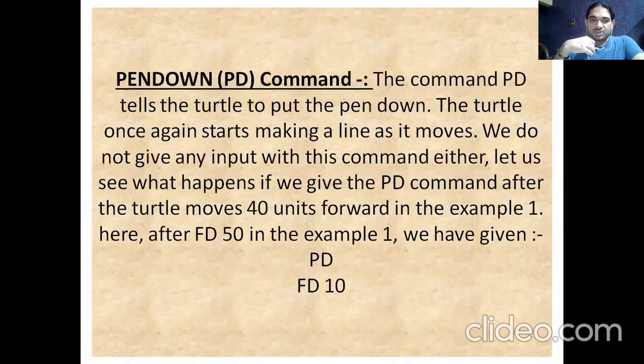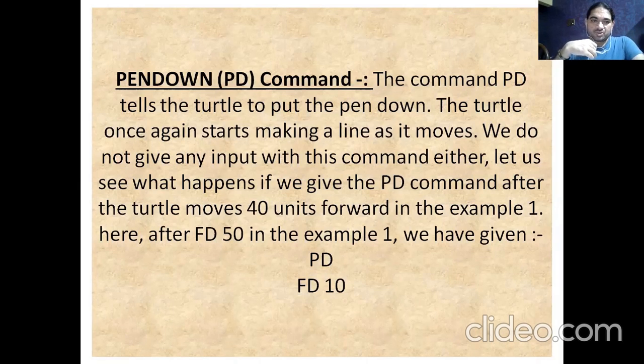Pen down, that is the PD command. The command PD tells the turtle to put the pen down. The turtle once again starts making a line as it moves. We do not give any input with this command either. Let us see what happens if we give the PD command after the turtle moves 40 units forward. In example 1, after FD 50, we have given PD